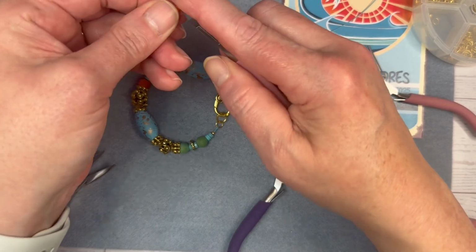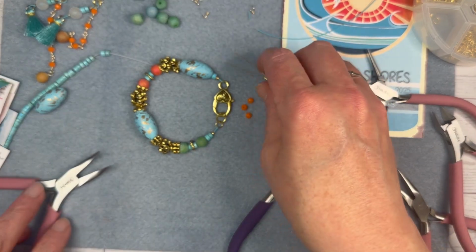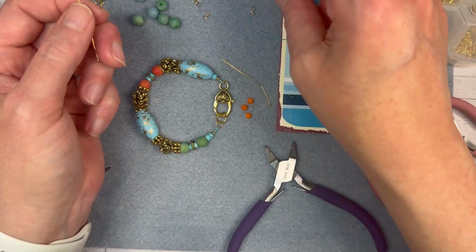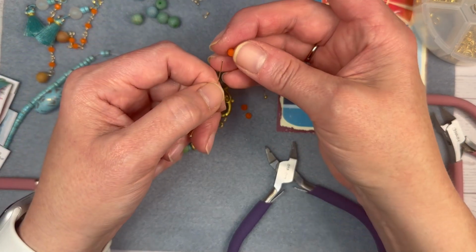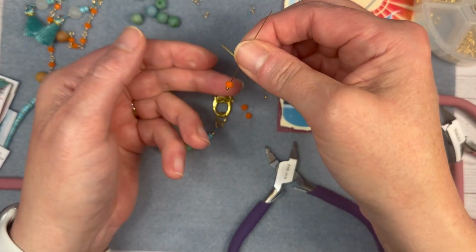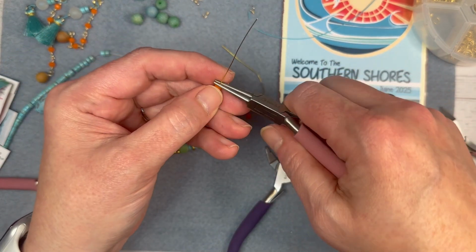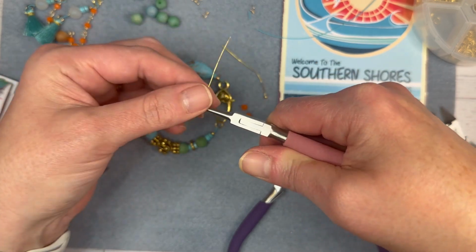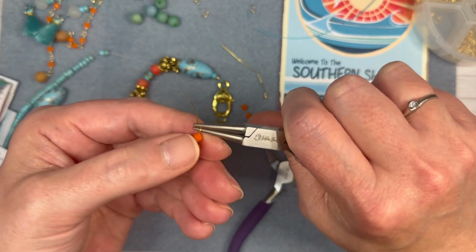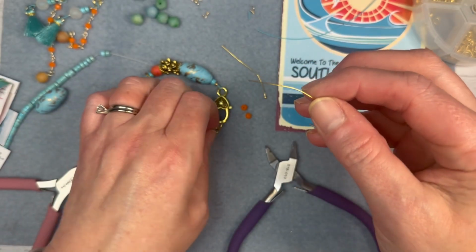We are using, I don't know when the last time I used so much. I don't have a lot left. I have big beads left. So we'll probably do a big chunky necklace eventually. But yeah, I don't typically use so much out of one of my boxes. But this one is just so pretty. I just absolutely love it. It's very rare that I actually use almost all of it because usually by the time I get to it, I have to move on because there's other things that I have to do